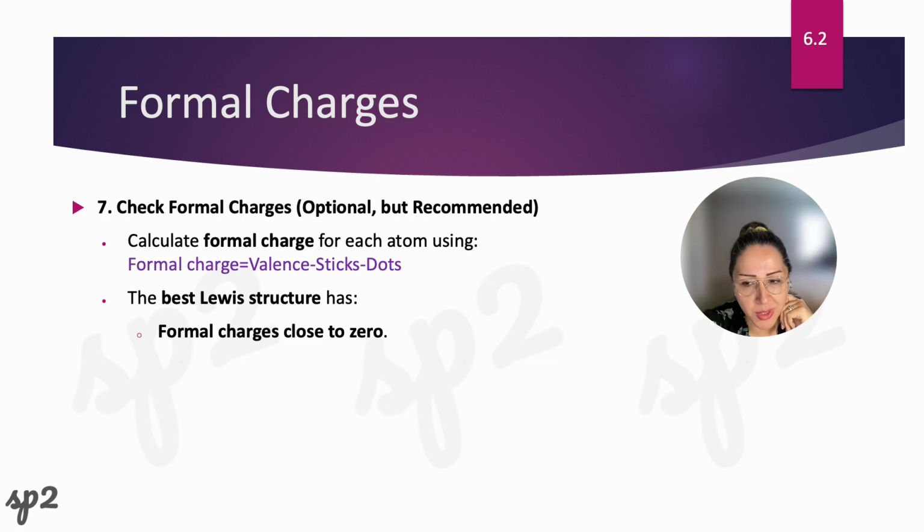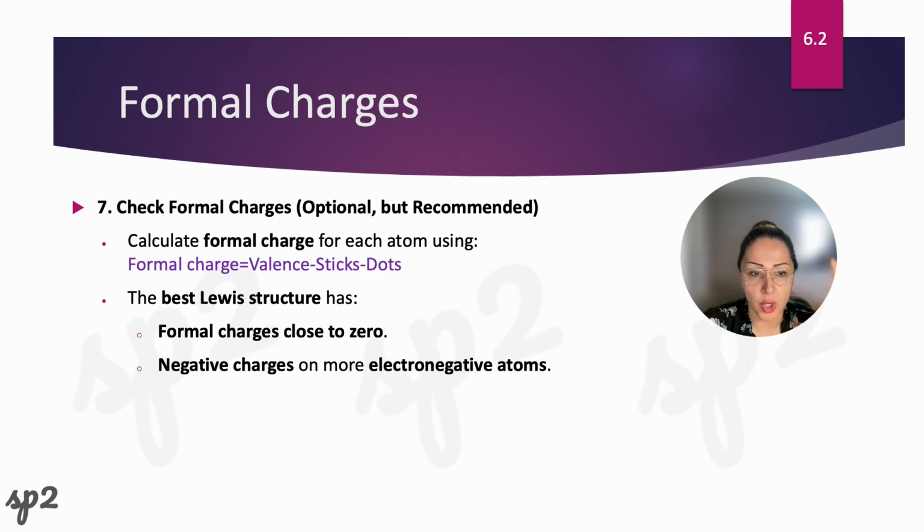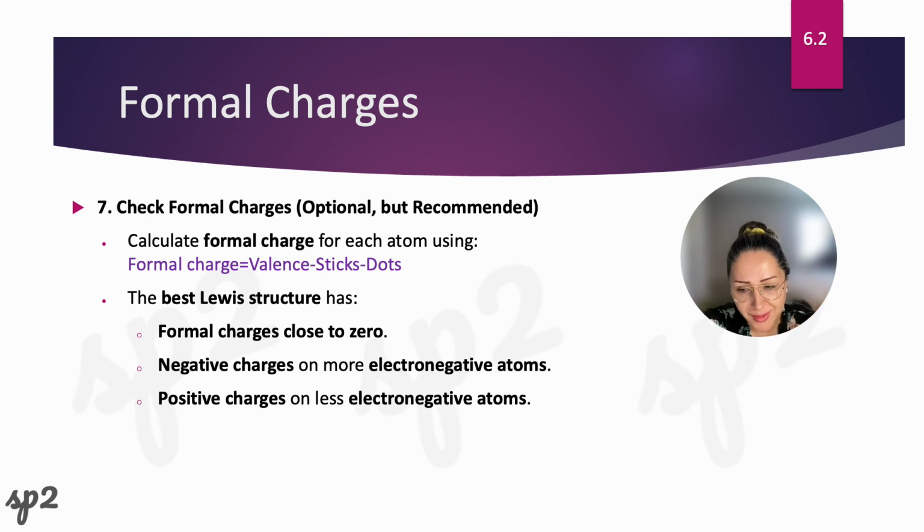But if you have formal charges, you try to keep them as small as possible. This goes for the cases where you have multiple resonance structures and you try to pick the best one. Also, keep in mind that if you have a negative charge, it's better to place that on a more electronegative atom because they can stabilize that. And if you have positive charges, we try, right, to place them on less electronegative atoms. Okay, so